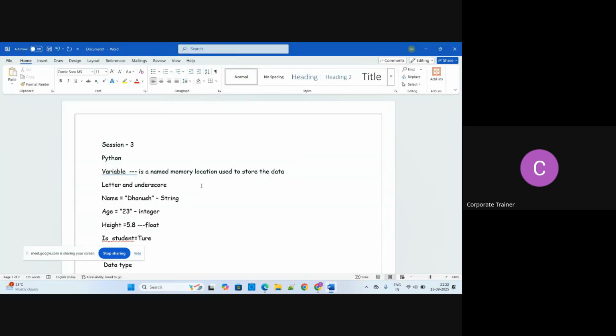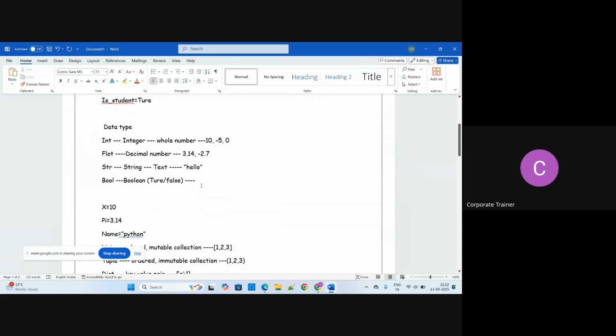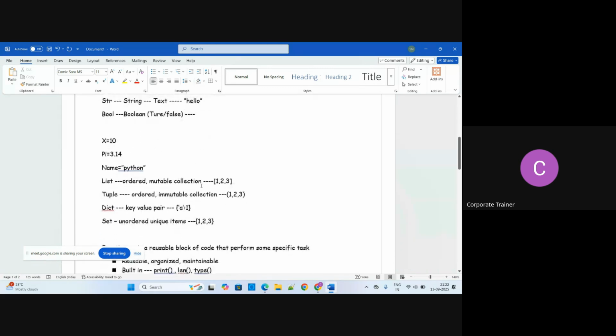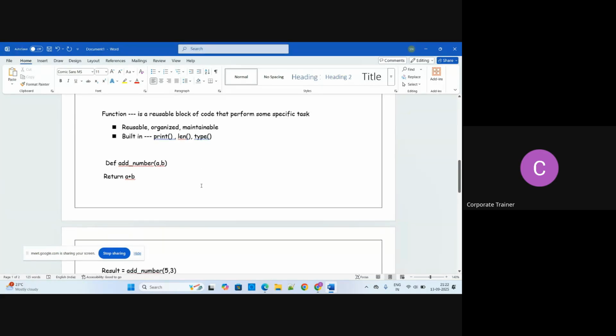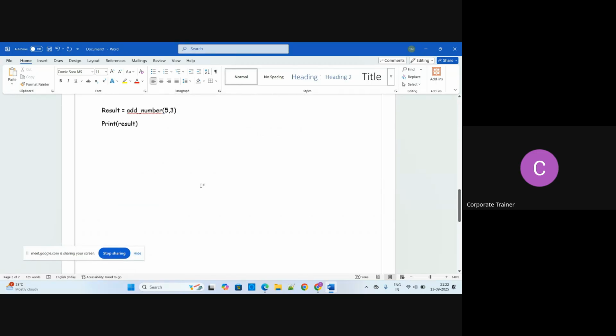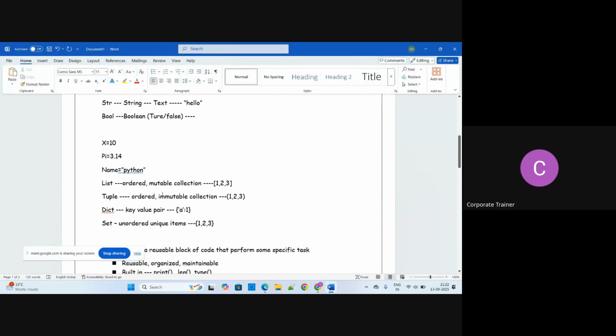Sometimes you might be thinking that if you need a little more knowledge about the list, I'll explain one more time. Where I explained the list, I told you it's ordered and mutable. You might be thinking, what is mutable?